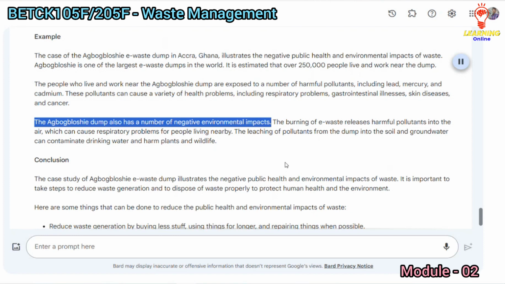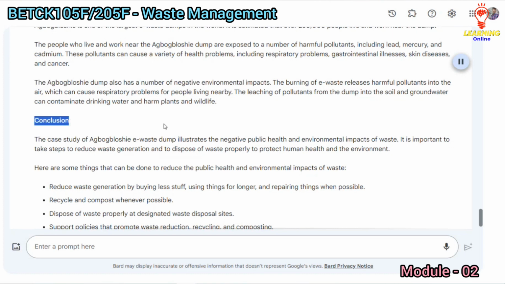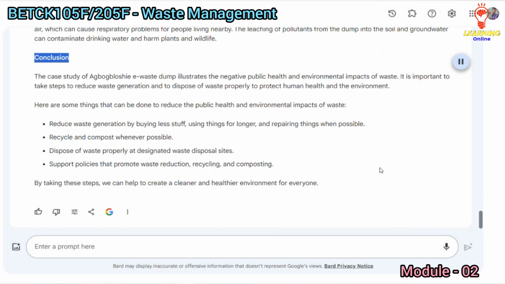The burning of e-waste releases harmful pollutants into the air, which can cause respiratory problems for people living nearby. The leaching of pollutants from the dump into the soil and groundwater can contaminate drinking water and harm plants and wildlife. Conclusion: the case study of the Agbogbloshie e-waste dump illustrates the negative public health and environmental impacts of waste. It is important to take steps to reduce waste generation and to dispose of waste properly to protect human